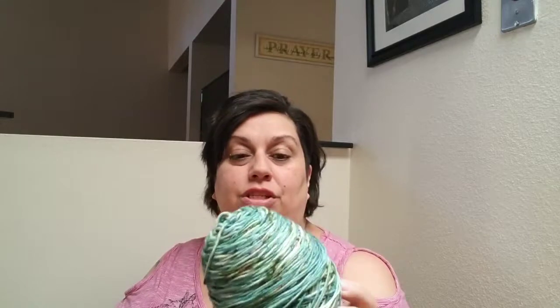It's got little bits of yellows in it, and it's a very, very interesting color to me. So that's what I'm using for the bush part of my shawl. Again, that's evergreen. The other color, and I'm using very different yarns, several different brands of yarn for this,